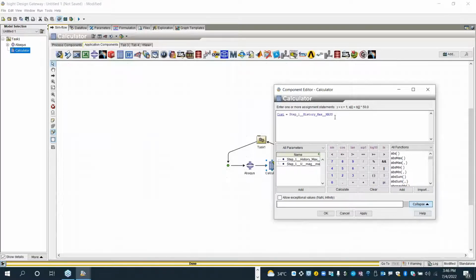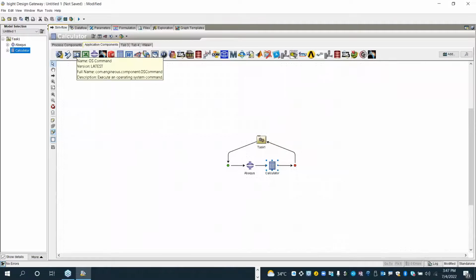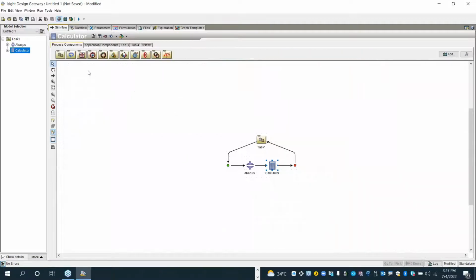Say mass times maybe 0.15 or something. Yeah. So this is how I created a small relation between my mass and the cost. You can just click calculate to see if it's working fine. So yeah, cost value is coming here, as you see. Click OK. So once this is done, I'll try to place a DOE on top just to give you an